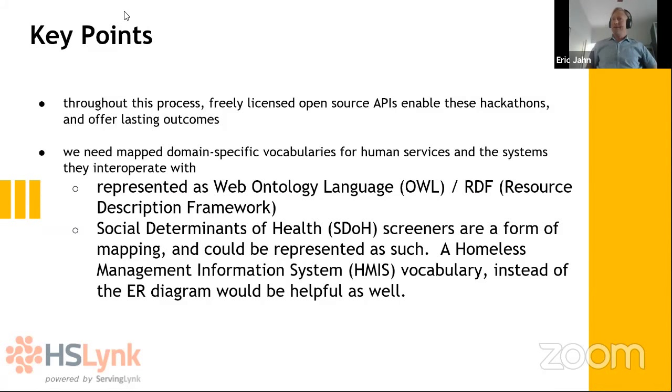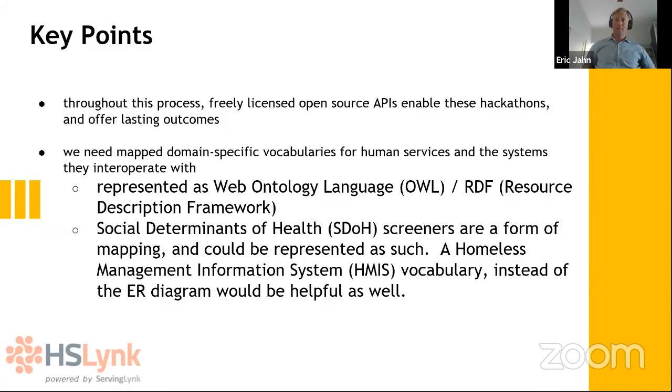The other thing is we really need mapped domain-specific vocabularies that are all on the same level. And that level I would define as web ontologies. It has to be on the web. It has to be done in a way that's standardized, that's used worldwide. And so I'll talk about this a little later on, but the Web Ontology Language is definitely the best for that. And the World Wide Web Consortium has defined that standard. FHIR is already defined in that format, and the reference implementation model, the RIM, if I got that acronym right, that HL7 uses is defined in that as well.